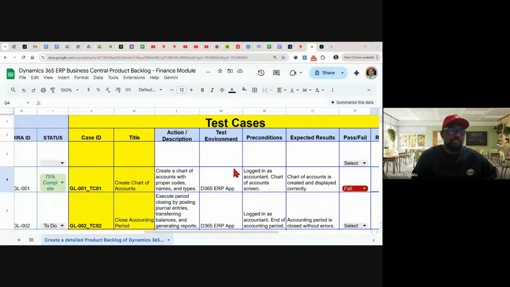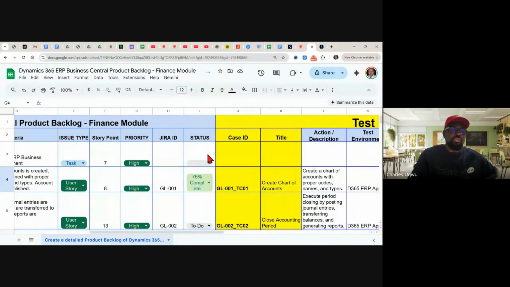Okay, I'm going to share my screen, where we're going to first create a Jira environment before we start moving items to that environment. And this is the product backlog, the product backlog we are going to be moving.